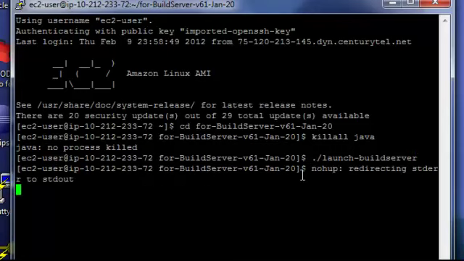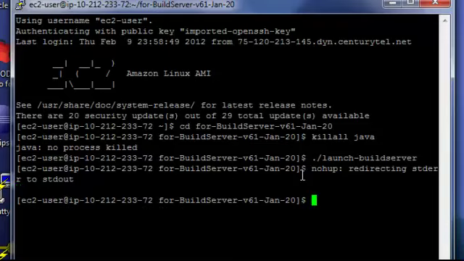And it's going to give me a nohup. This really doesn't affect anything. But that nohup basically just says it's redirecting your error logs. Just hit enter. And what we've done now is fired up that build server, and we can test that by closing out our command window,